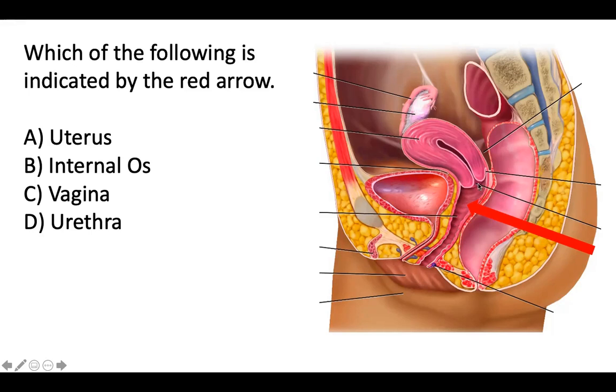We also want to point out the external os. So the external os is the communication into the uterus. The internal os is a slightly deeper narrowing that actually goes into the uterine cavity. All right, so the external os, the internal os, we'll talk about the fundus up here and then the body